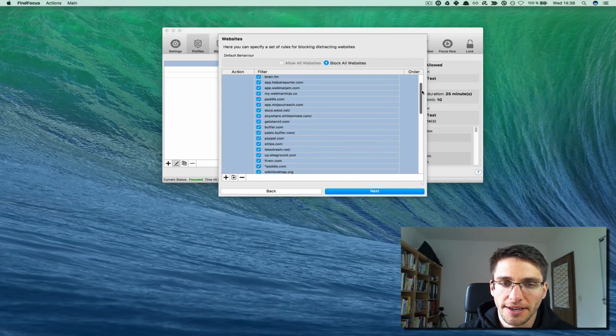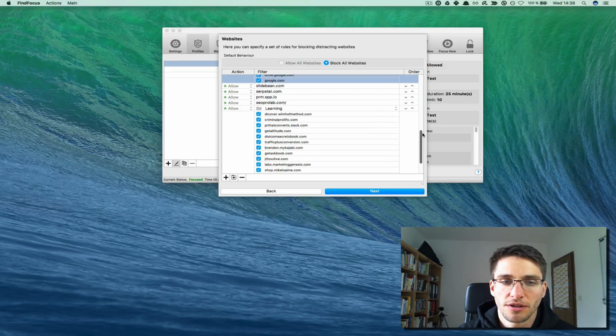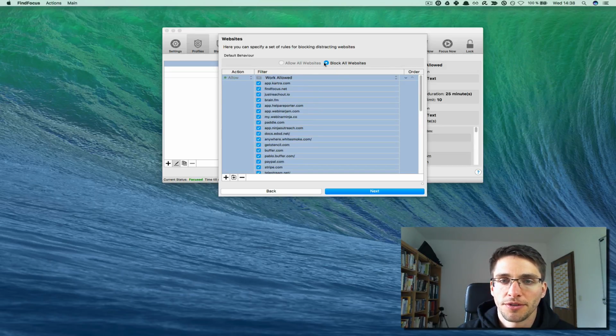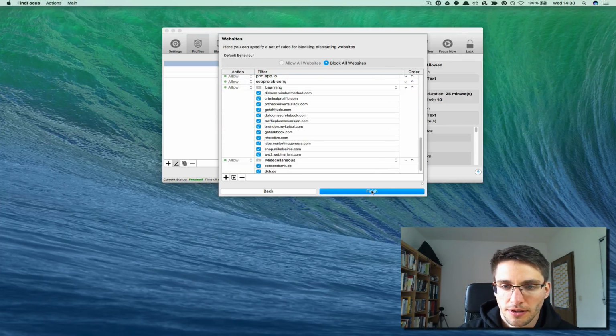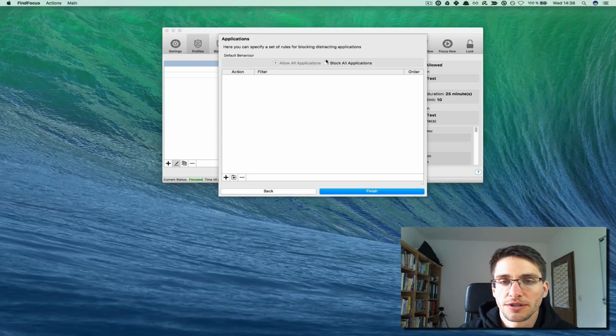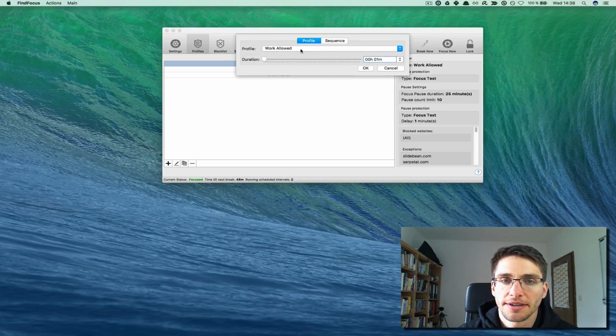And here you can enter all the websites that you want to block or allow. In this profile, I block all websites except the ones that are used for work. And the same goes for applications. And once you've created the profile, you can either just run it directly,